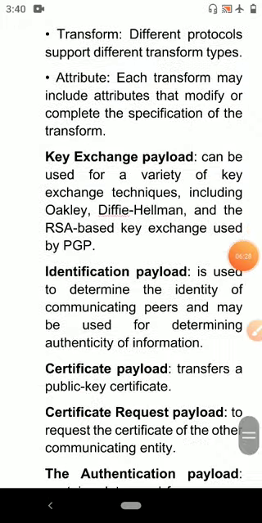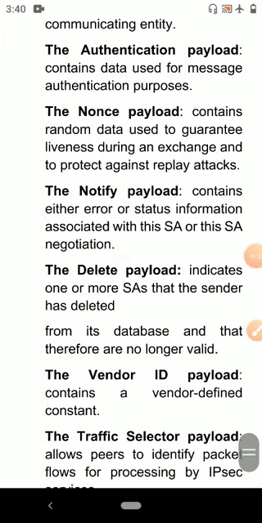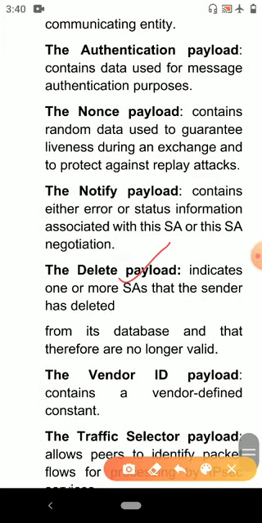Next one is the delete payload. The delete payload indicates one or more security associations that the sender has deleted from its database, and that therefore they are no longer valid. Next is the vendor ID.